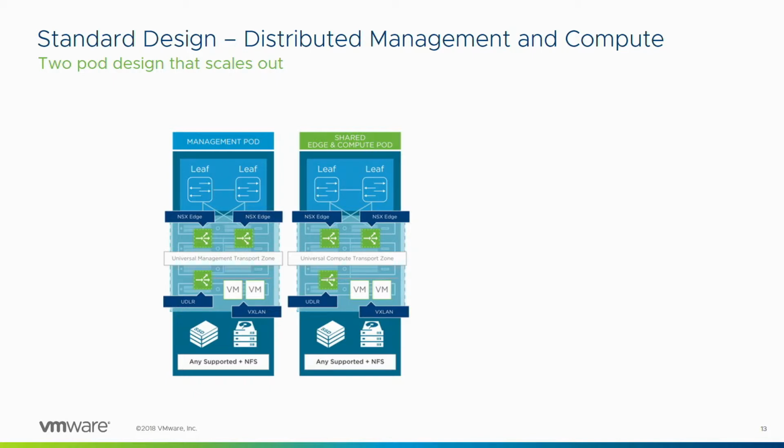Some of you may have looked at reference architectures in the past and they have, oh yeah, we have a management cluster and a compute cluster. It's very similar in that regard. And then on the right-hand side, you can see the green where we have a shared edge and compute pod. Now the reason that we call it shared edge and compute is the way that we do our networking is that we have edge services provisioned for north-south traffic for the whole of the software-defined data center. Now I'm getting a little bit technical here, so please ask questions if you need to. So what we do is we have those NSX edge devices for the whole of the software-defined data center, but